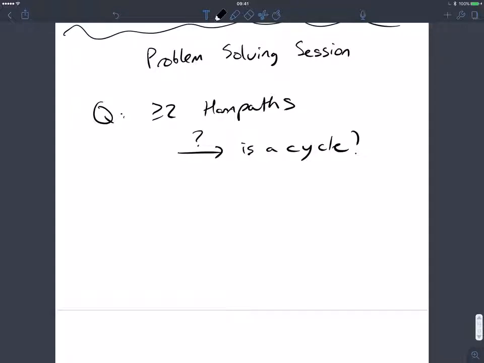If you go through an arbitrary node, so one of the paths is in one direction, you can't have another path going the other way, because then it would be the exact same one. Okay. But there certainly could be at least two ham paths, and it's actually not too difficult to produce an example for which that is a possibility. But it's just saying if there are at least two,